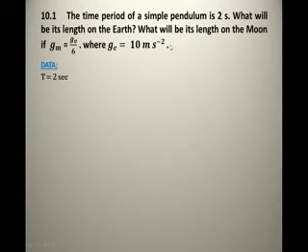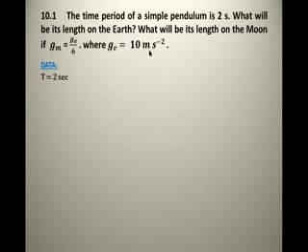Okay, then tell me further. It is required: what will be its length on the earth? Now they are asking, this is our requirement that we have to find the length of the simple pendulum system on earth and what will be its length on the moon as well. So it means that we have to find two factors. We have to find length on earth and on moon as well. It means that the systems are changed now. Then tell me what is further given in the question?